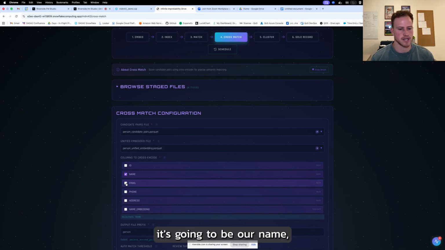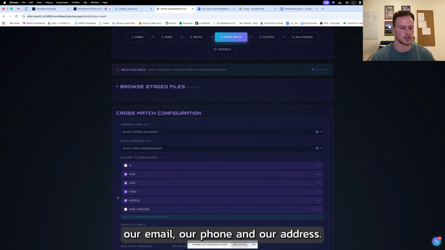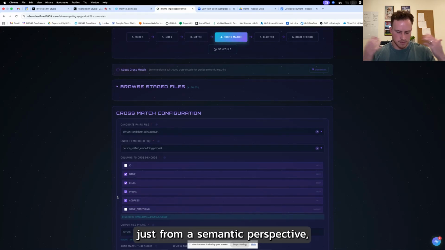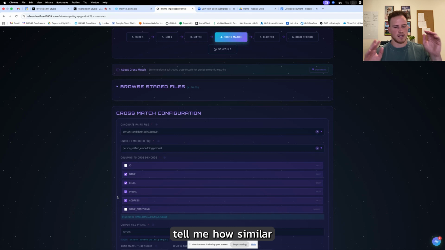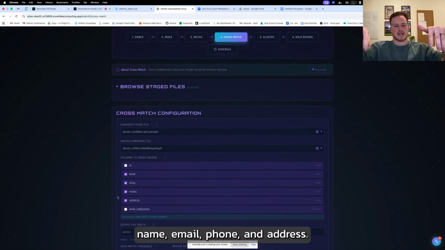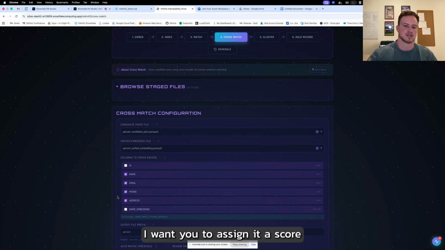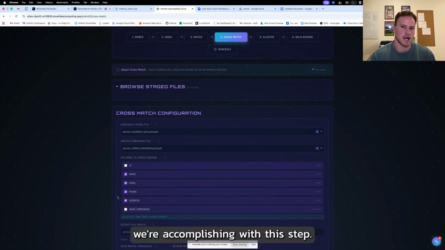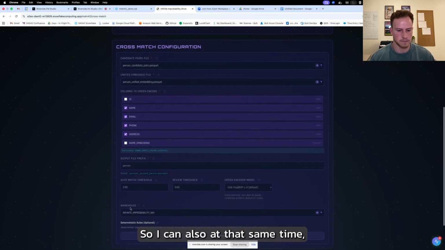In this case, it's our name, email, phone, and address. Effectively, I'm telling the cross-encoding algorithm: just from a semantic perspective, tell me how similar this person's name, email, phone, and address is to this person's name, email, phone, and address. I want you to assign it a score from 0 to 1, 1 being absolutely, these are the same person, and 0 being absolutely not, these are not the same person. That's what we're accomplishing with this step.